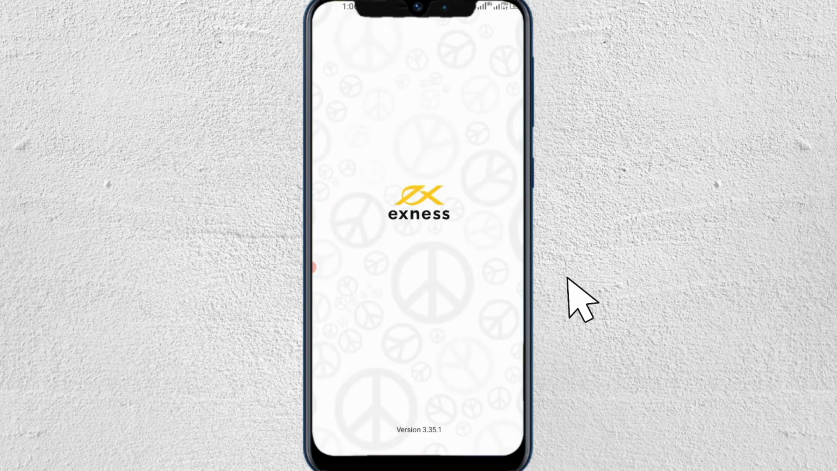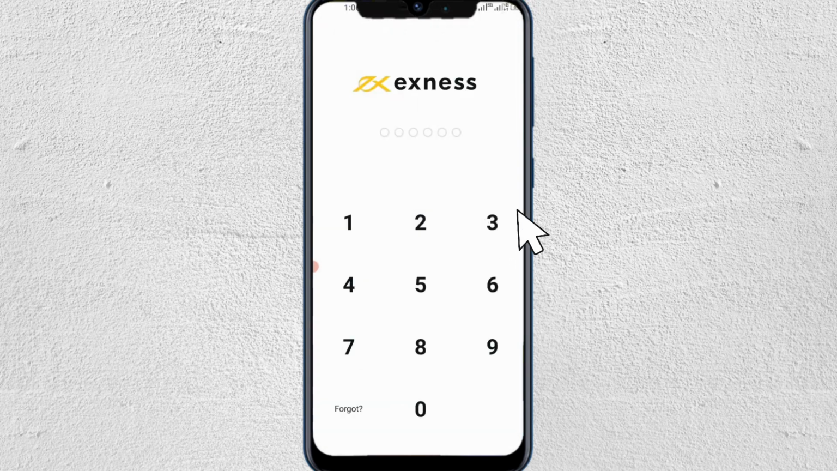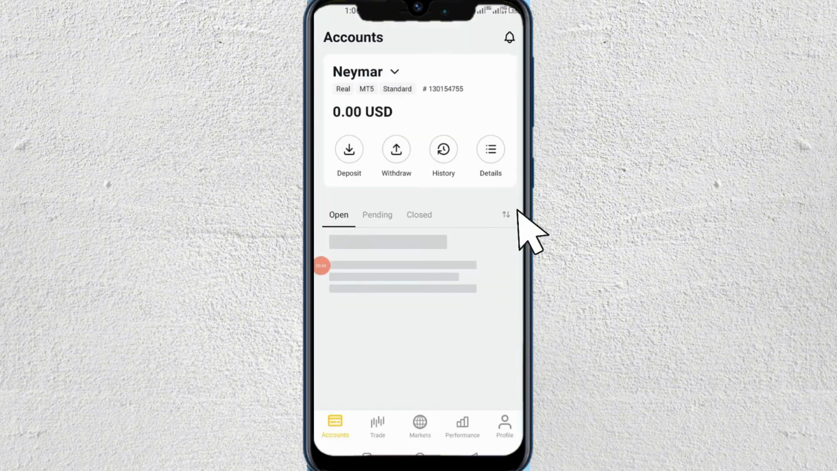In this video, I'm going to show you how to delete an MT5 account in Exness. So first, you're going to need to open your Exness app, and then from here, just type in your PIN code. Once you're in your account and on your homepage, just have to tap on the